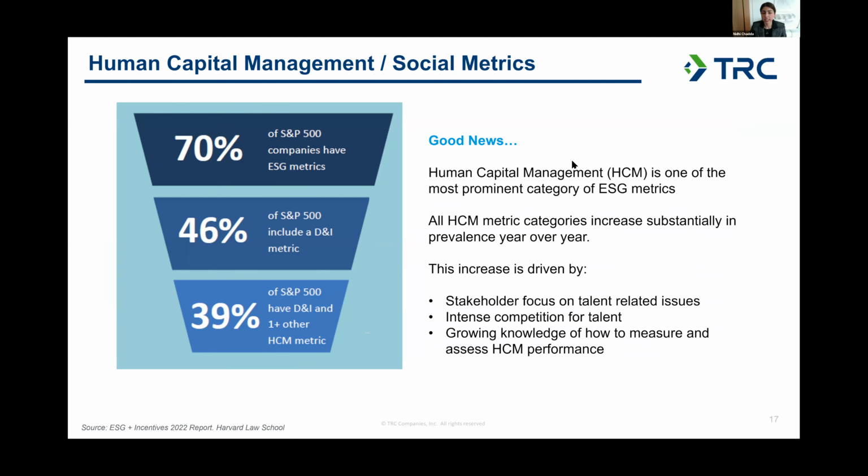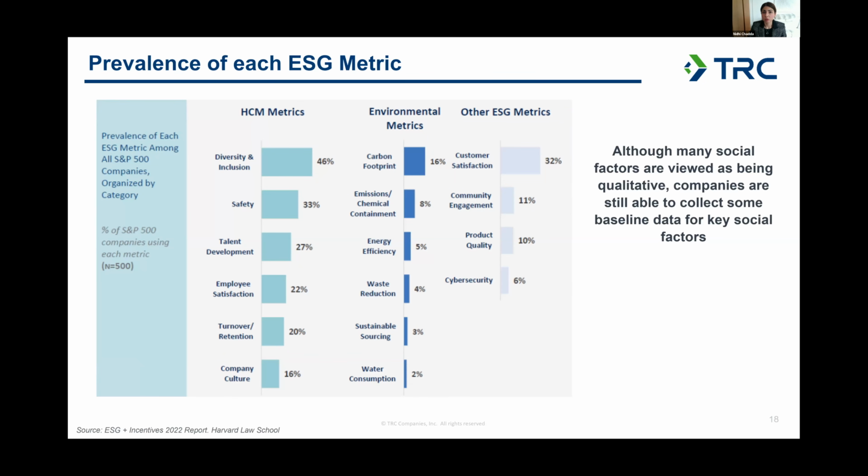And what we are starting to see is that beyond the SASB framework, more and more companies are not only utilizing frameworks like SASB, they also are starting to incorporate D&I metrics and some relevant human capital management metrics. So we are starting to see an uptick in the data that is being released, driven by stakeholder focus, competition for talent, and just the growing knowledge about how relevant HCM is to the overall financial performance. And now that we're starting to see this uptick of data, the frameworks that are available, and the data that's being released, we still have a fair bit of work to be done.